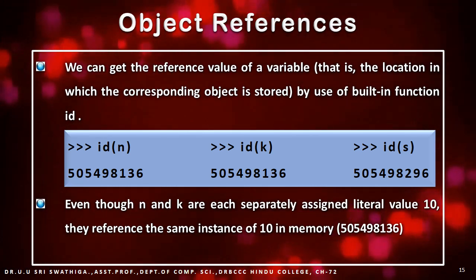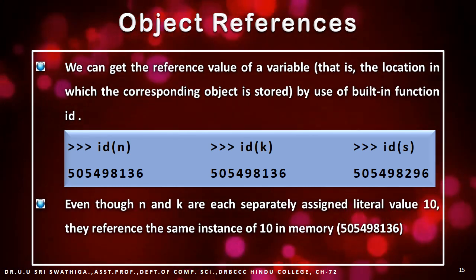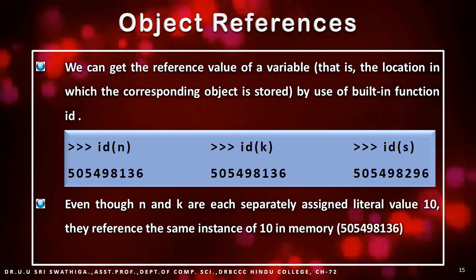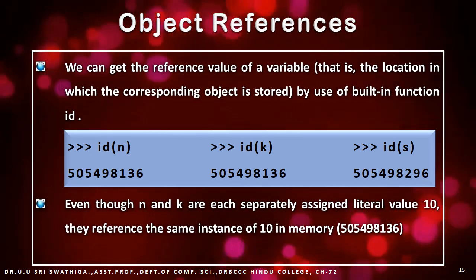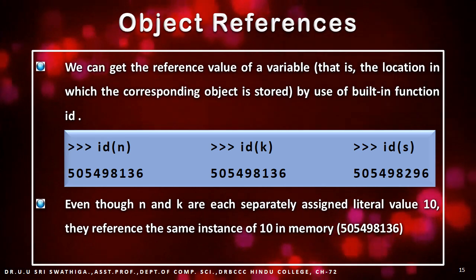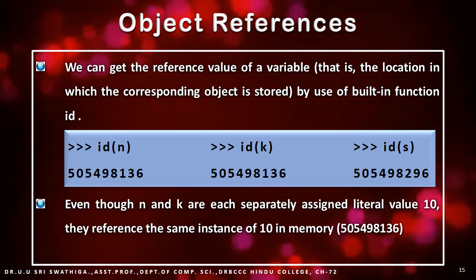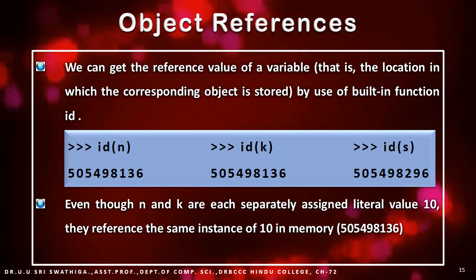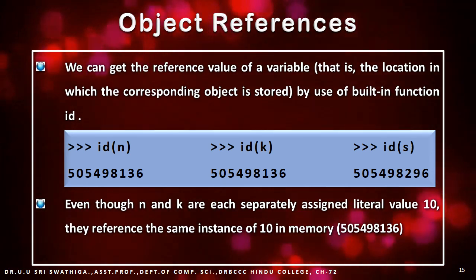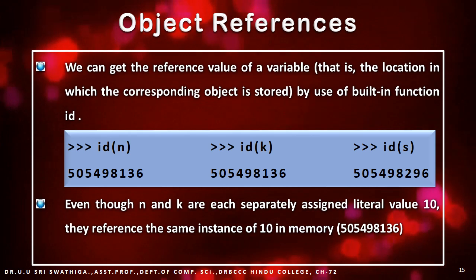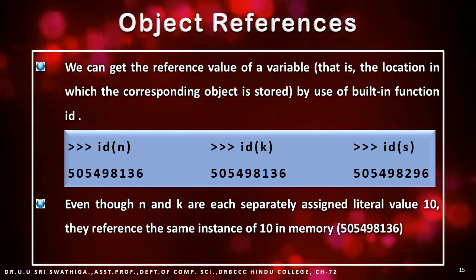We see that the dereferenced value of n and k, 10, is stored in the same memory location, whereas the dereferenced value of s, 20, is stored in a different location. Even though n and k are each separately assigned literal value 10, they reference the same instance of 10 in memory,